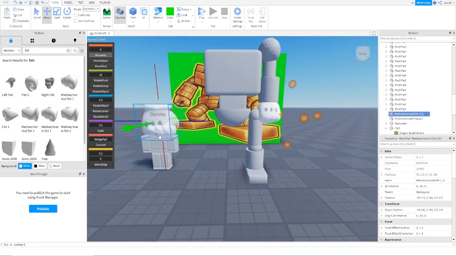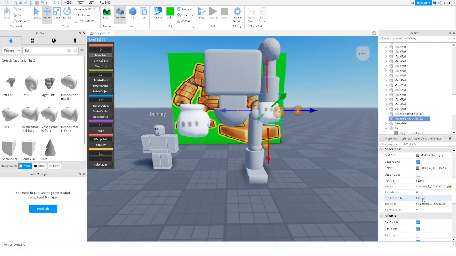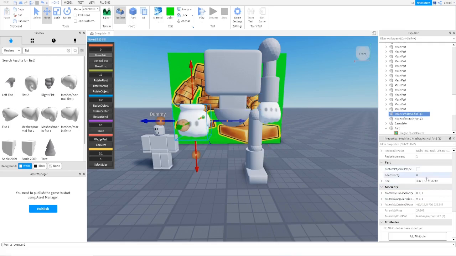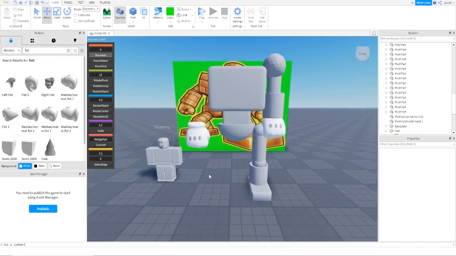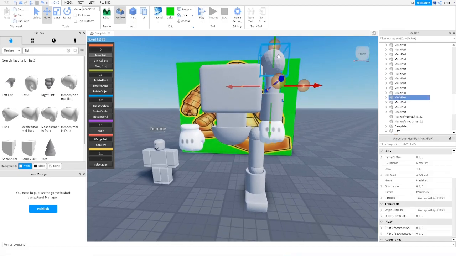Here, let me see. I guess we can use the size properties in this one. Let me copy these properties, Ctrl C, and then paste them in here. Yes, we have the same properties. Okay, so that's okay. Now we have just this thing, and we can duplicate these parts using shift,